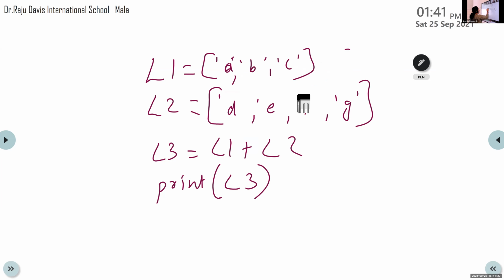L2 is 'D', 'E', 'F', 'G'. Rahul, why this A within single quotes, Rahul? Correct, Rahul. Very good. It is a string. A, B, C are strings, characters. So we represent characters or strings within single quotes or double quotes.